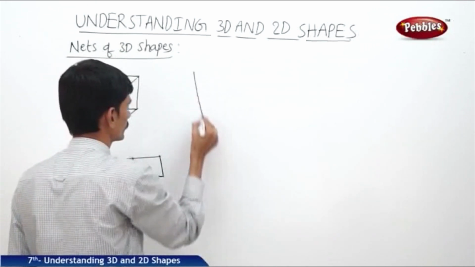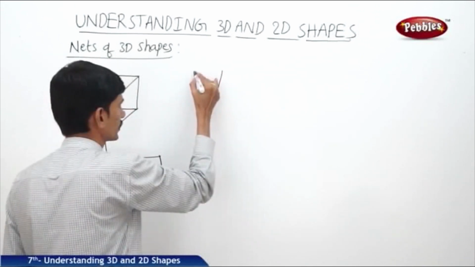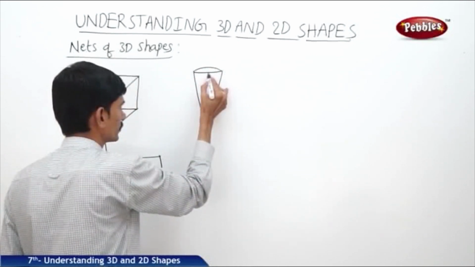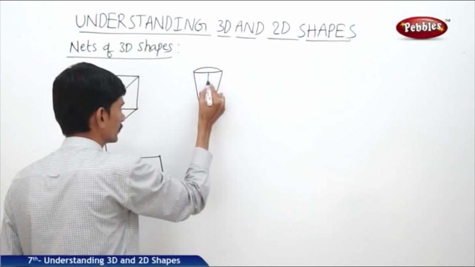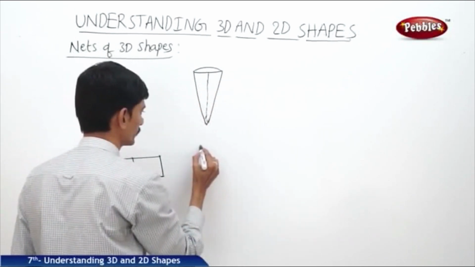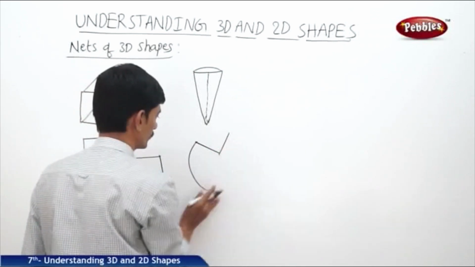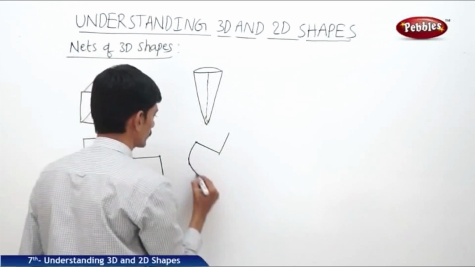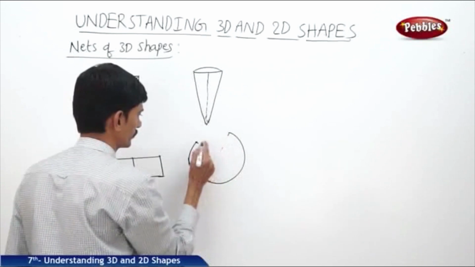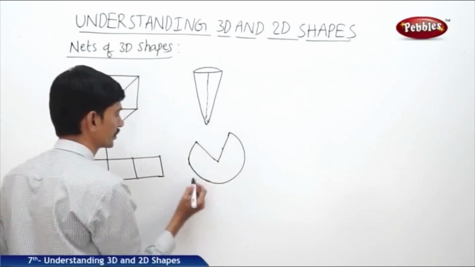and if you take the cone, if you take the cover of the ice cream cup or ice cream cone, then if you cut along the lateral face vertically, then we get the shape of a sector. Now this is the net of the